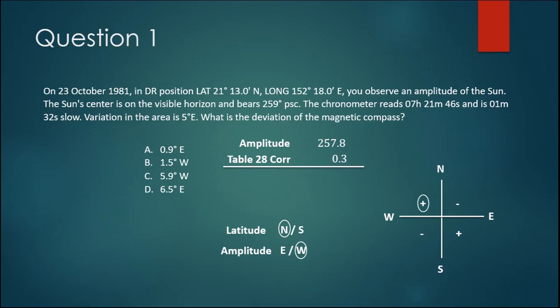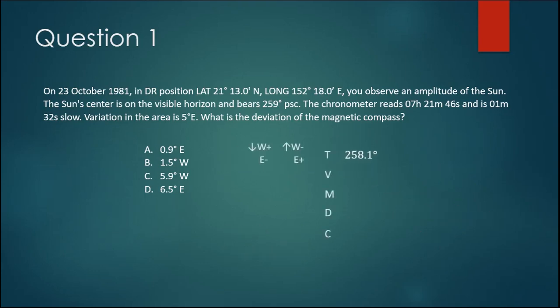So the correction is added to the 257.8, and it gives us 258.1. That 258.1 is the true bearing of the sun at that time, and now we just have a TVMDC problem. All the way back to lesson 1, we've got 5 degrees east variation. That gives us 253.1 magnetic,